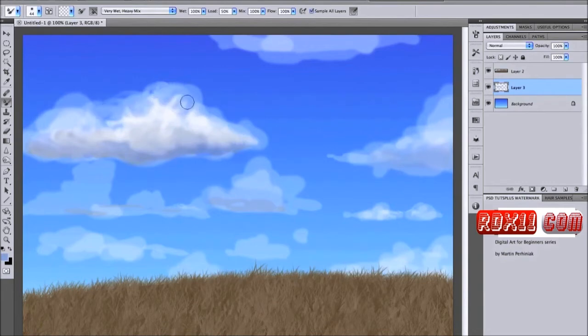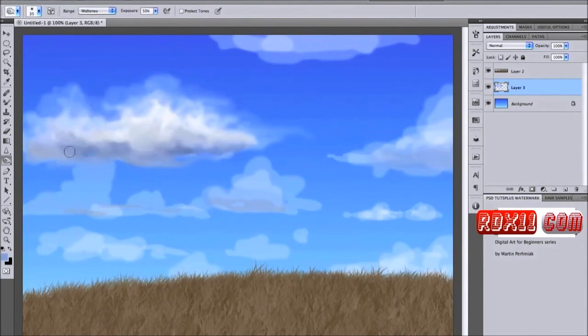And as you can see, I'm also using the mixer brush, as you've seen it in previous episodes of this series. That's a really useful way to blend colors together that you already have on your layers. And the main thing what you need to remember is to use the mixer brush with the sample all layers option that you see on the top whenever I use this tool. And I use also the dodge and the burn tool just to create highlights and shadows on the clouds. As you can see, I'm using the dodge tool